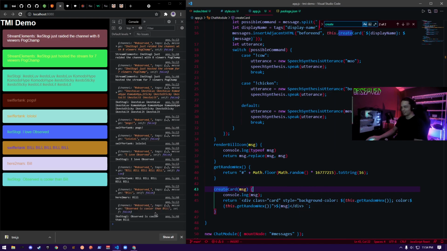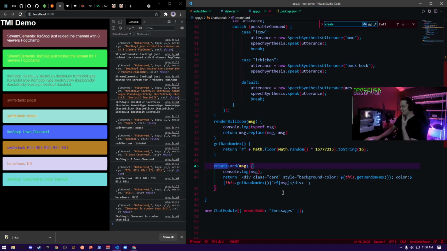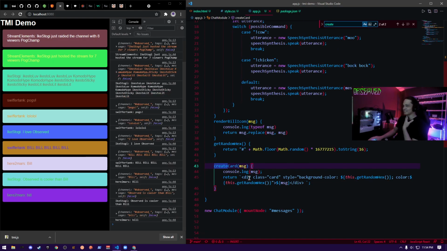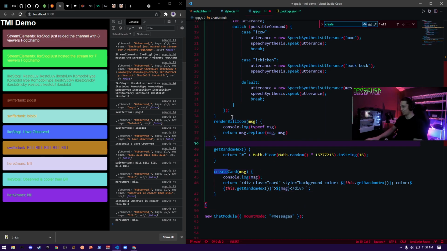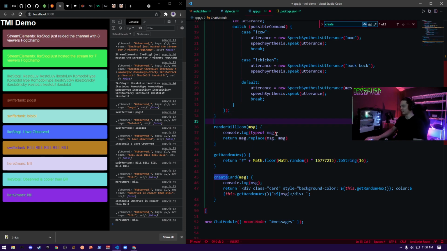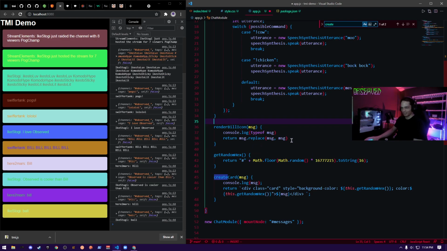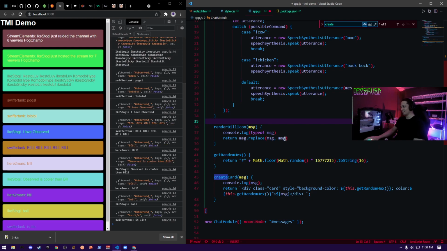Observed is cooler than Bill. All right. Let's see. Bill. It's not gonna work for a little while here. So, render Bill icon right here is our Ball. Let's see.